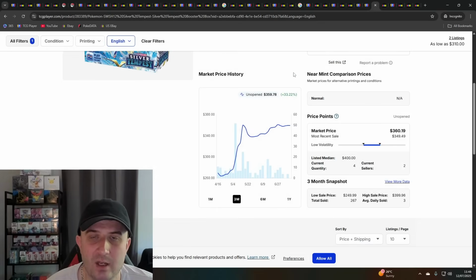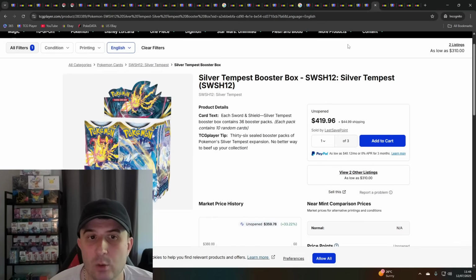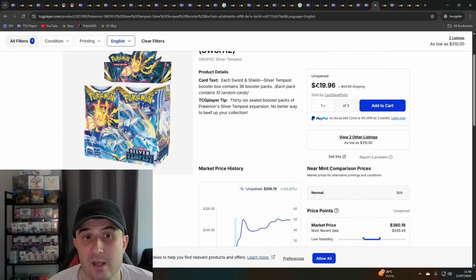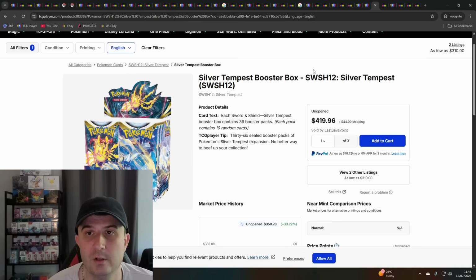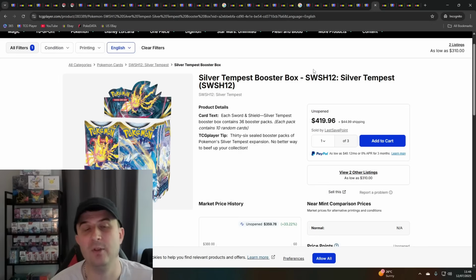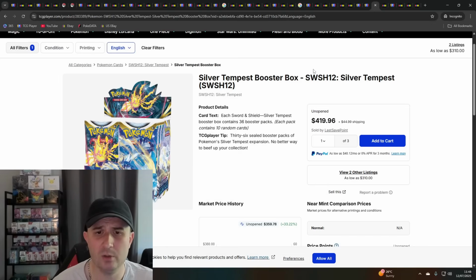33% price rise over the last 3 months. Silver Tempest is also poised in a very good position to have a quick run up to $400, and then once it breaks through, $500 plus. I think we'll see a situation soon where the main good sets of Sword and Shield, so I mean